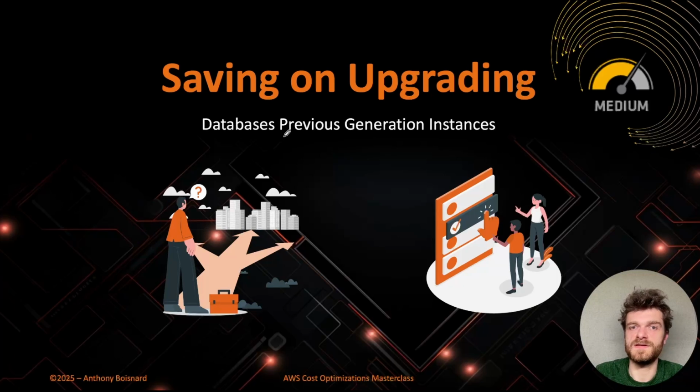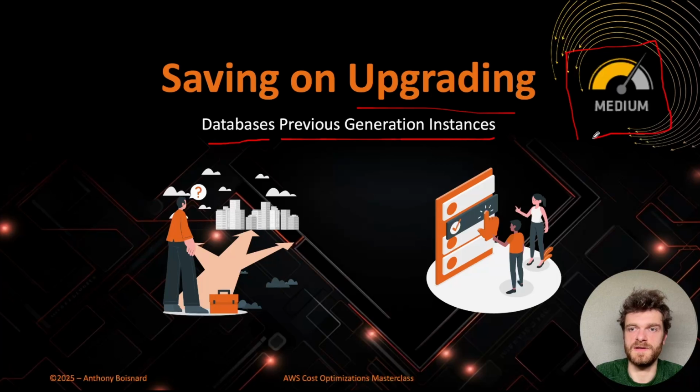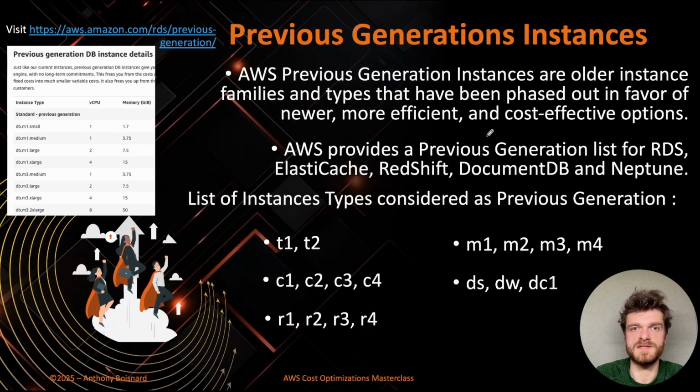Hi, following EC2 previous generation instances, we will now focus on upgrading databases. The difficulty will be quite the same, meaning medium, because it will depend if your databases are on production environment. Okay, let's dive in. So first, AWS previous generation instances are older instance families and types that have been phased